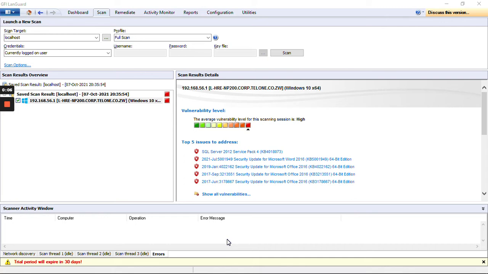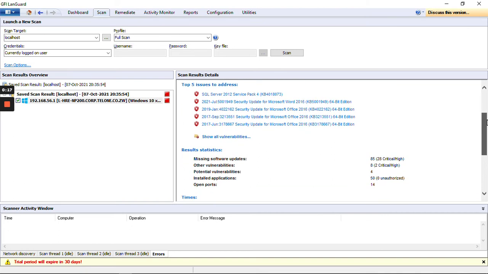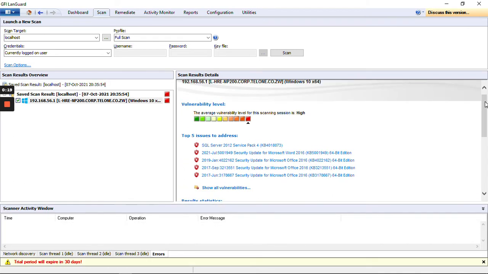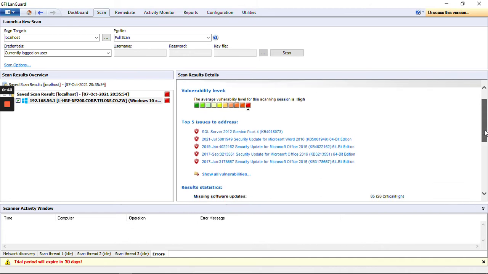So welcome back to the second part of this video, where we have done a vulnerability test on my local machine. As you can see, the first thing that comes out is a scan summary, whereby we see the vulnerability level, and we can see that my machine is very susceptible to attack. Then there are the top 5 issues